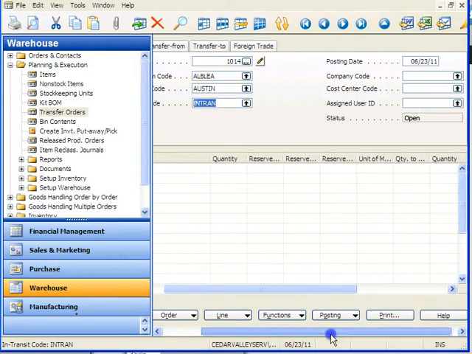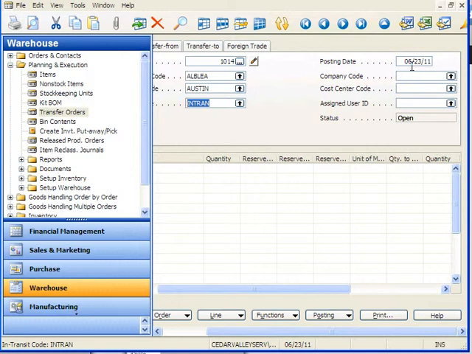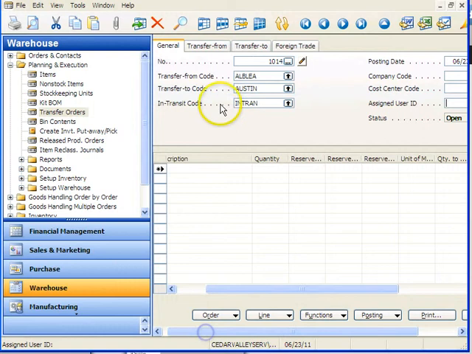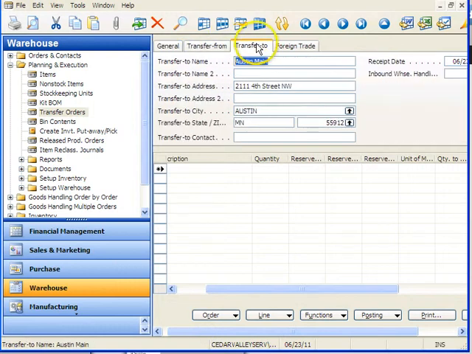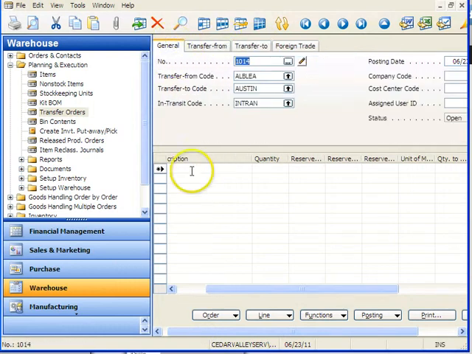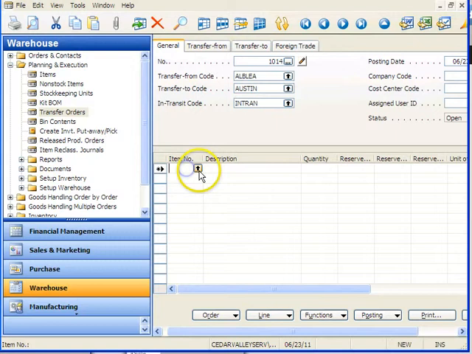We have our posting date, which you want for whatever date that you actually want to record this transaction. Company code and cost center, we want this for the transferring from company. So in this case, it would be Albert Lea's map department. The transfer from and to up here simply puts in the address information, so you don't need to do anything with those tabs. Now we're going to select our item number